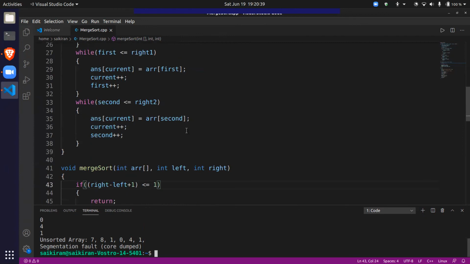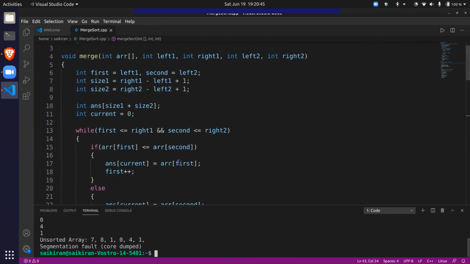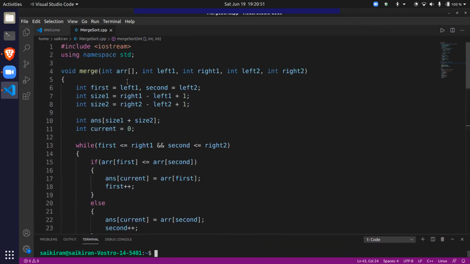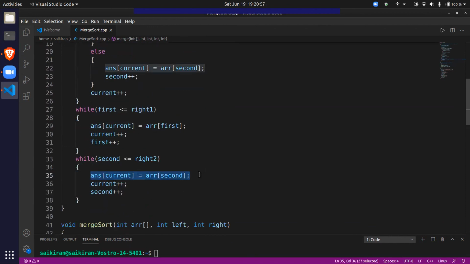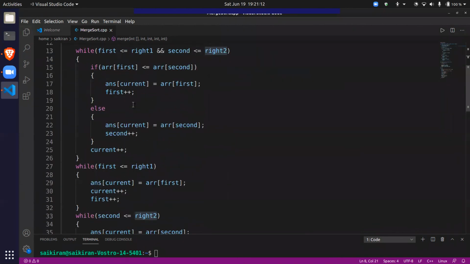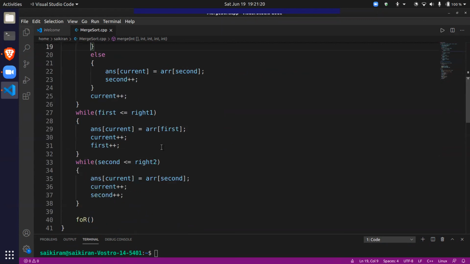Okay, we forgot one important step actually. There's something very important that we forgot. In the merge algorithm, in the merge function, we got our answer, like it'll merge everything and that's fine. But what we need is to change array. Okay, we have the answer in ans, that is fine, but we need to change array. So finally, in the last step, what we need to do is copy the answer into array. We forgot that one step. So we'll do that now.